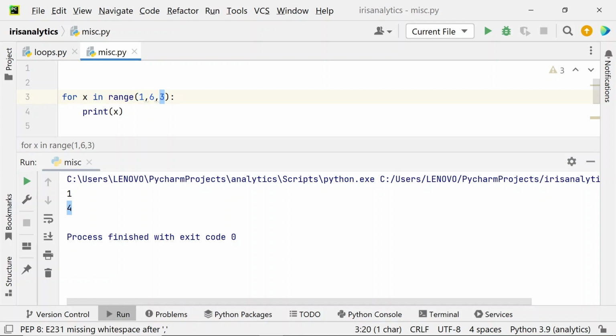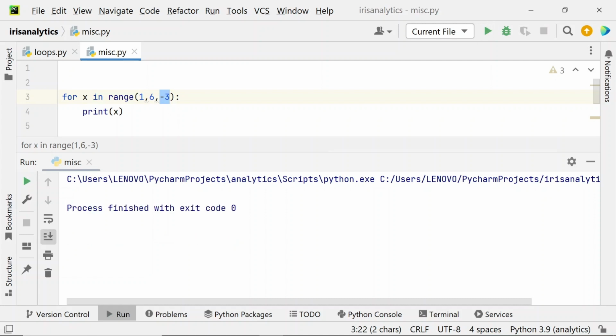Can we give a negative step here? Can we ask the built-in counter to change the value of x by -3 instead of changing it by +3, right? So each time the loop runs, we're basically asking the built-in counter to decrement, to subtract 3 from the current value of x, right? So if I run this code, you can see that the loop didn't even run one time,